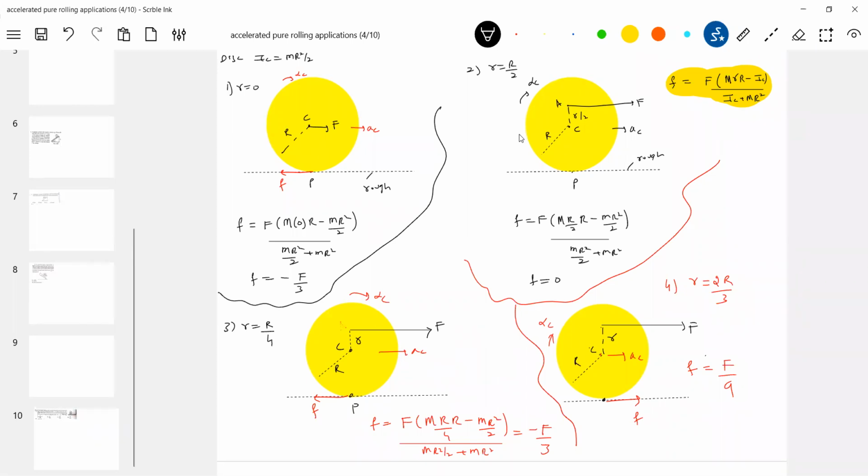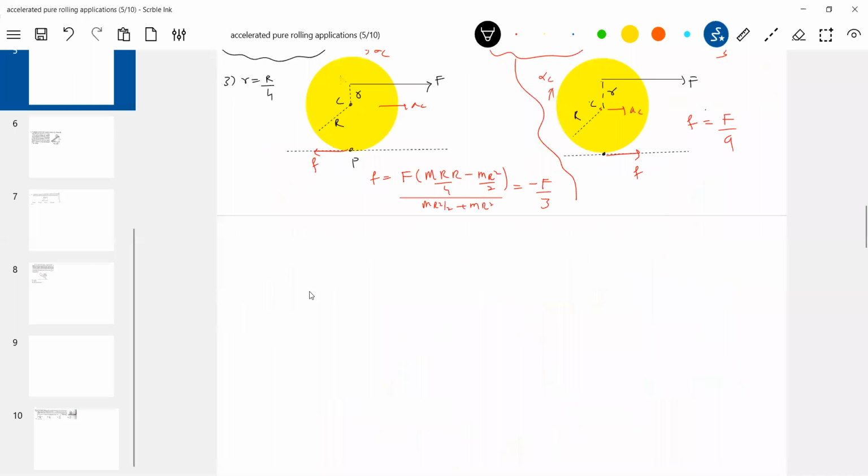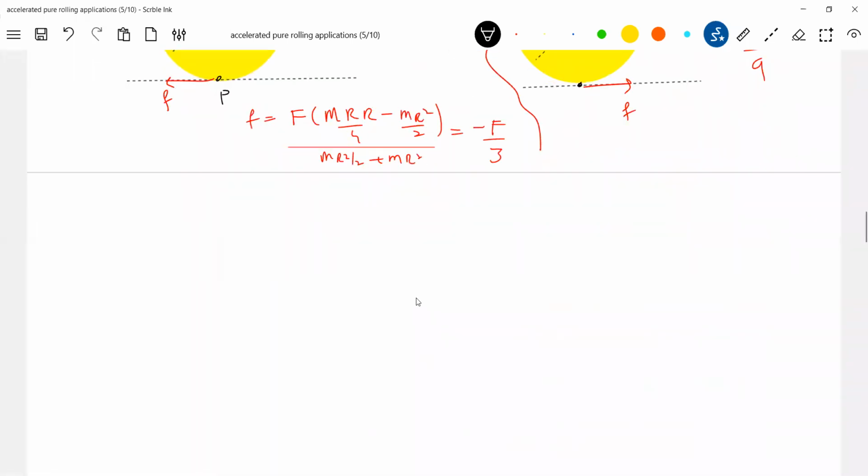Similarly, for a solid sphere, can you tell me where the threshold point should be? So IC, what is IC equal to? Friction should be 0, no? For that, can you assume the value of small r? 2r by 5. So similarly for the solid sphere, what all we discussed with that? Next, we'll take the solid sphere. If there's a solid sphere, where is the threshold